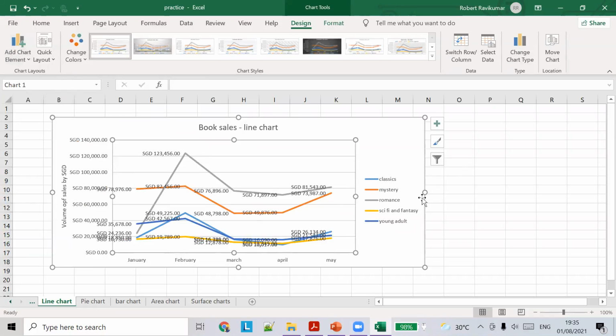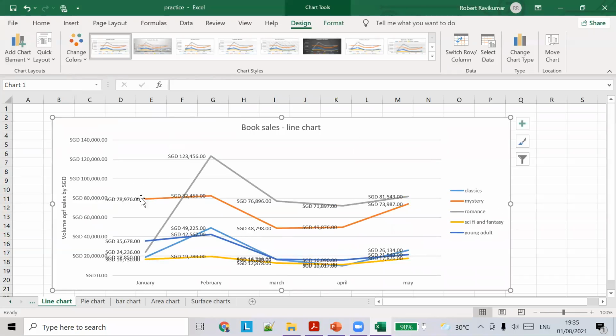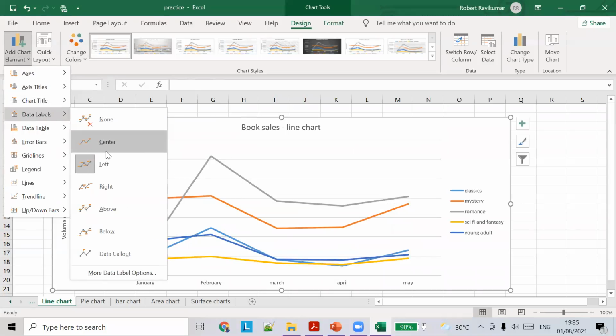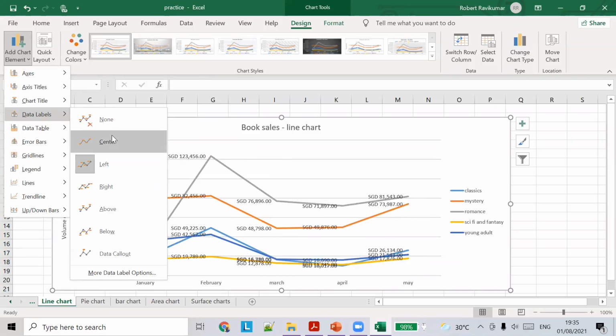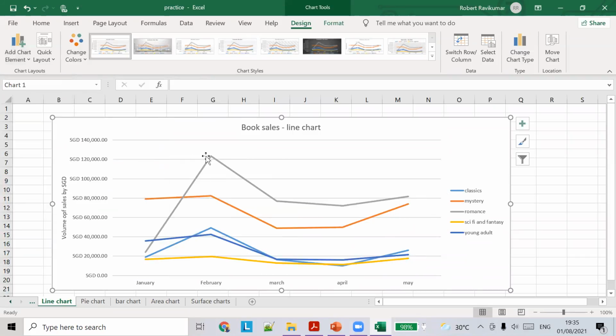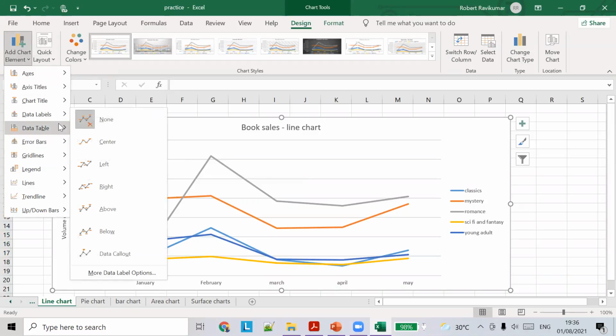If you want to add data labels, which means for the particular data, if you want to show the money or the value, you can do it here. Select something like below. So this is data labels. When you select none, it won't show anything, but when you add this, you can see this data.